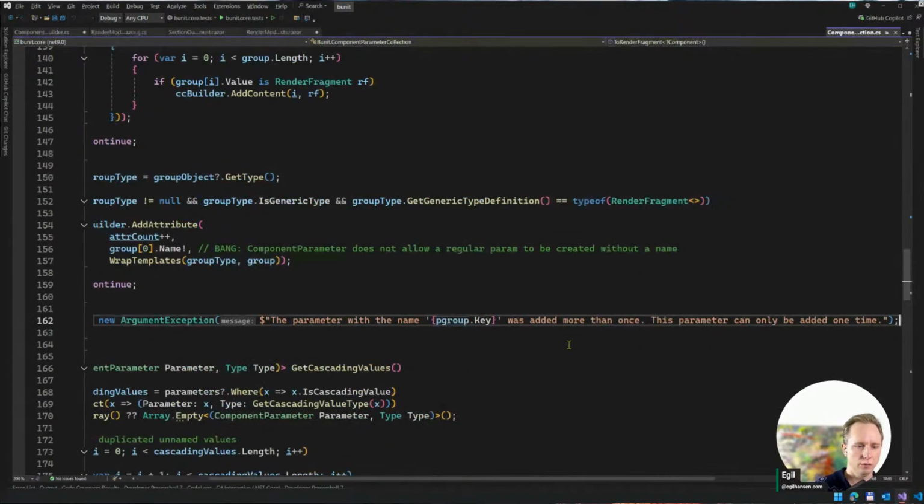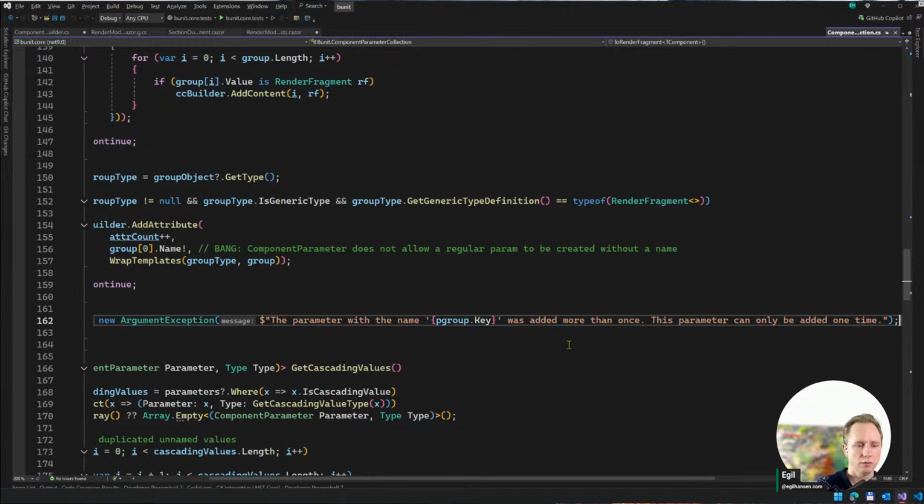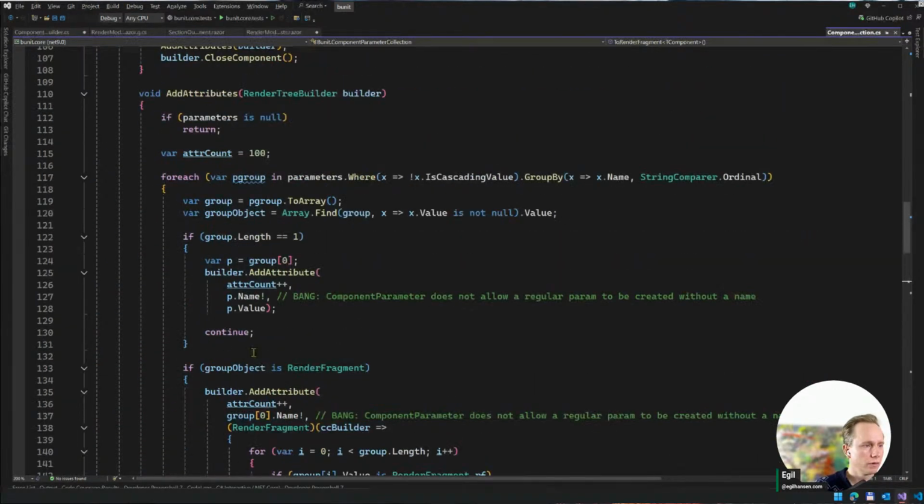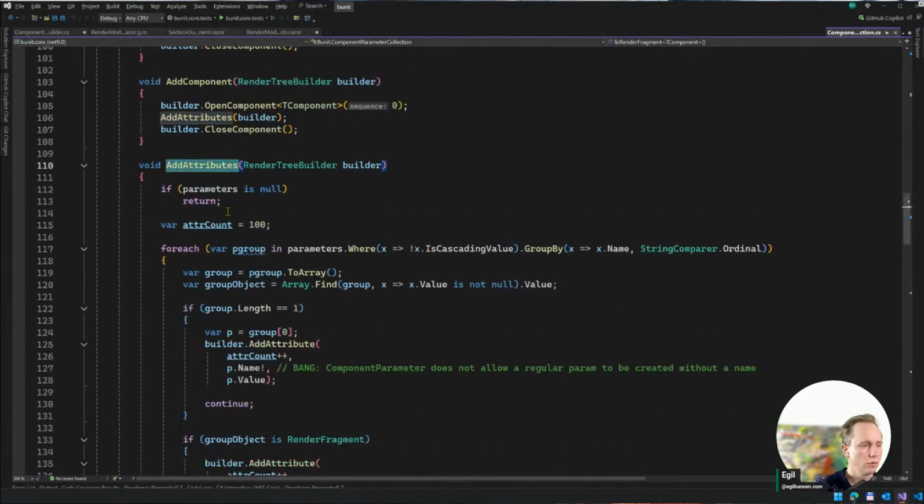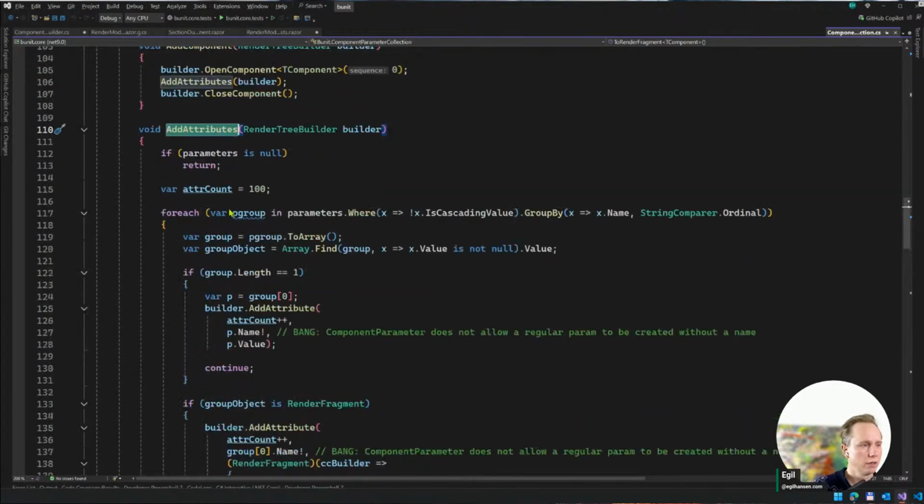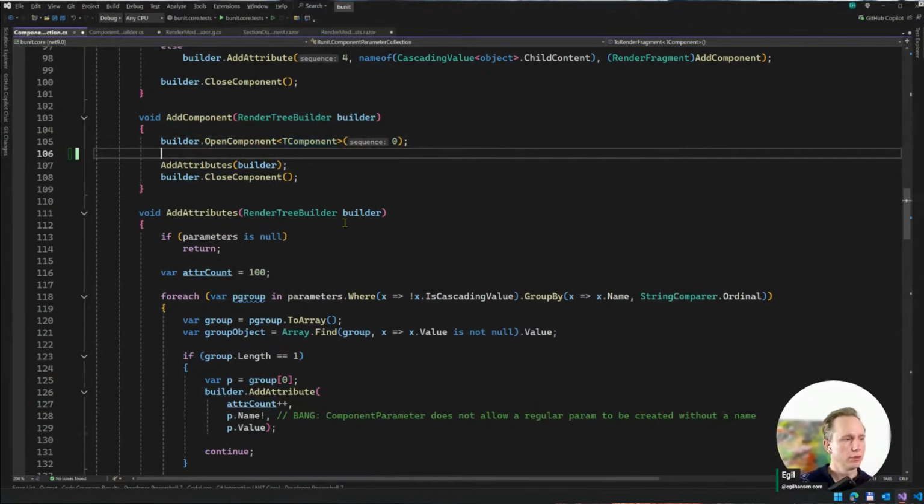Okay, so we actually don't allow things to be added more than once if they're not a render fragment type. And here we just say, if you do that, I'm going to blow up. Now, this call for add attribute would be something we do on a component. So I think whenever I have this open component, I would